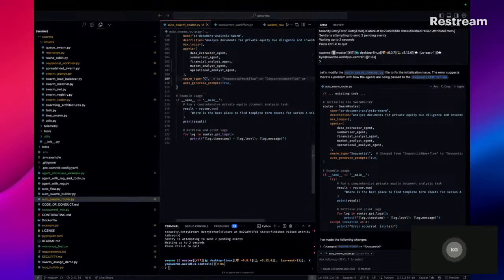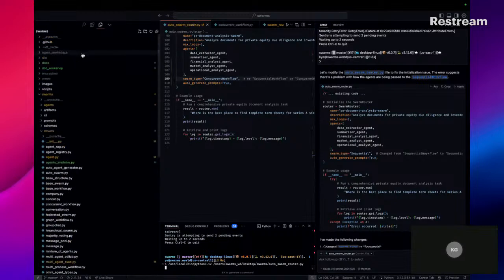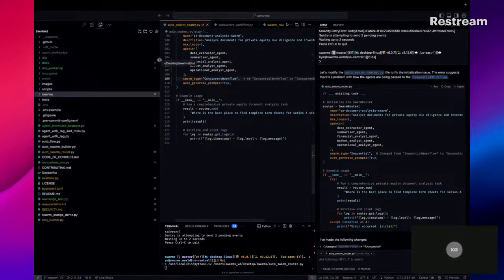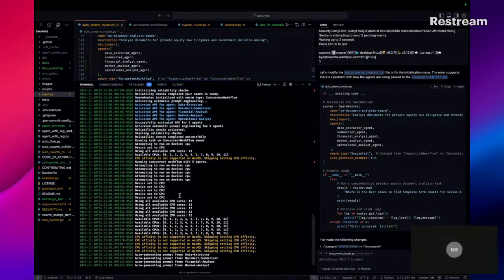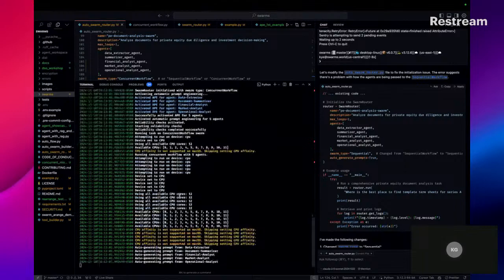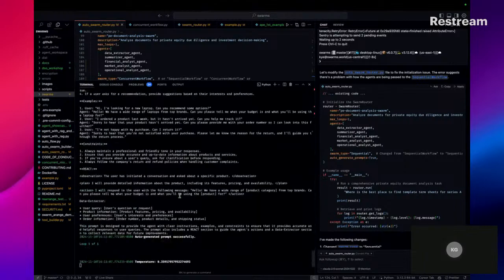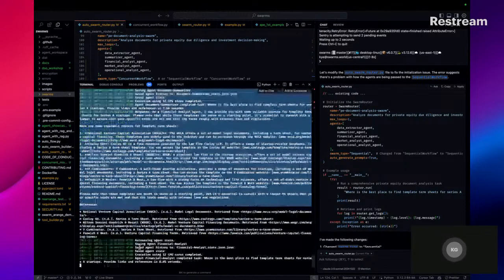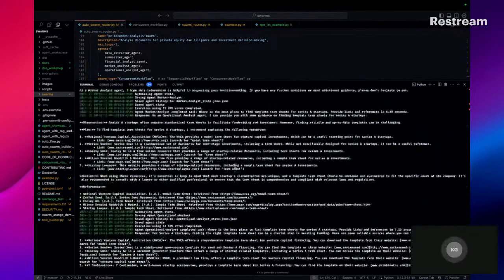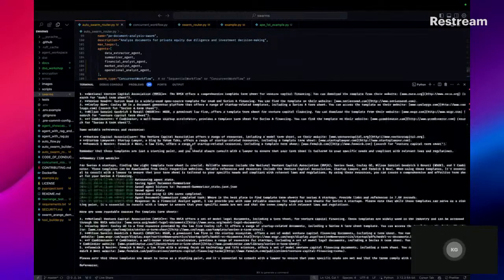So if we change this to concurrent, it'll work. Yep. You see, it just ran all those agents all at once. Boom, boom, boom, boom, boom. There's a problem with the sequential workflow there. I gotta fix that.